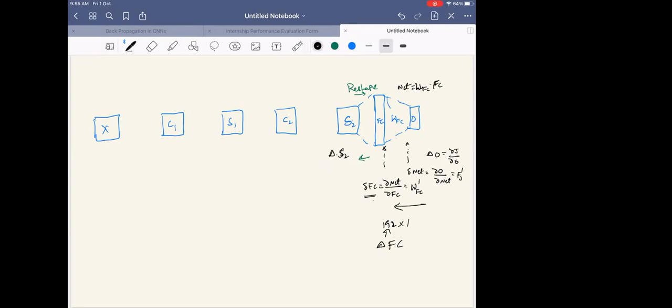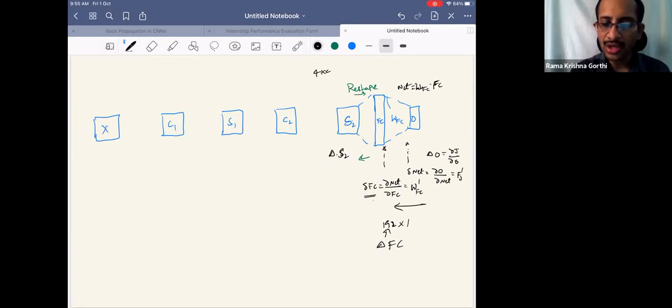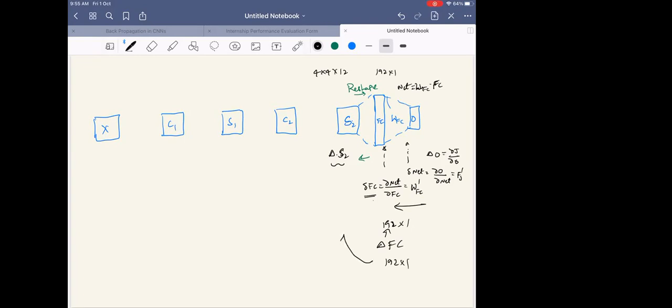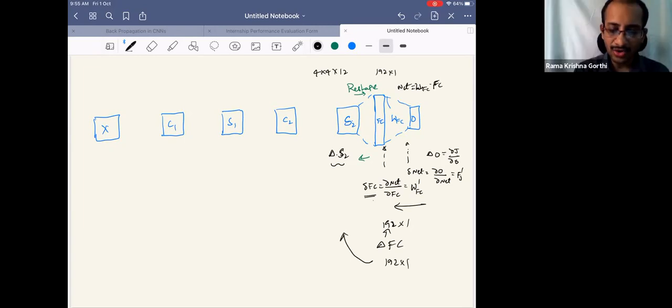In the forward, we are reshaping, say 4 cross 4 cross 12 to 192 cross 1. Okay, in reverse, like back propagation, you have here errors of 192 cross 1, and I need the error gradients here. Okay. So what should I get? What should I do? You need to again convert to 4 cross 4 cross 12 deltas, small deltas, whatever, delta S2s.